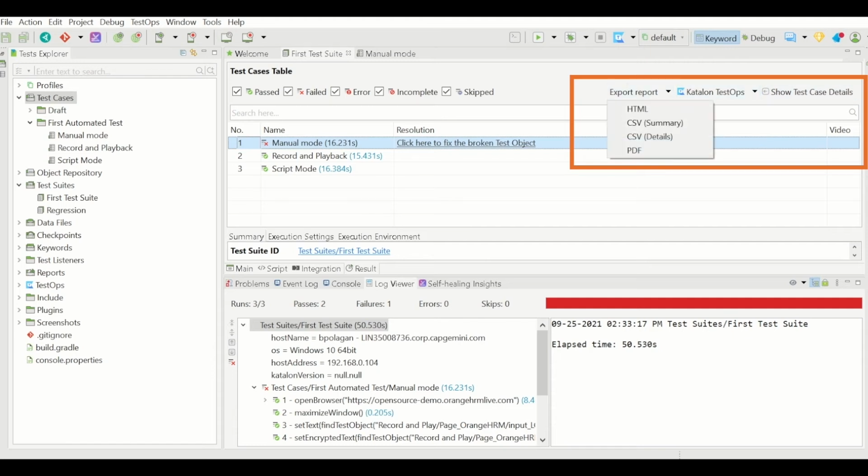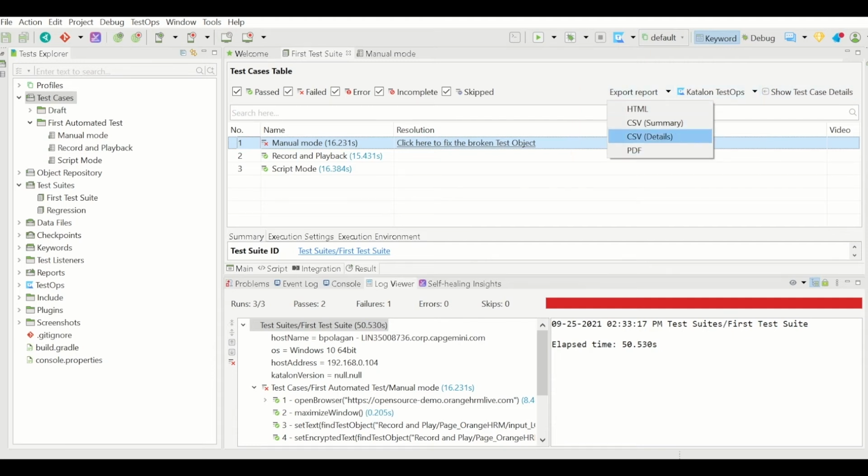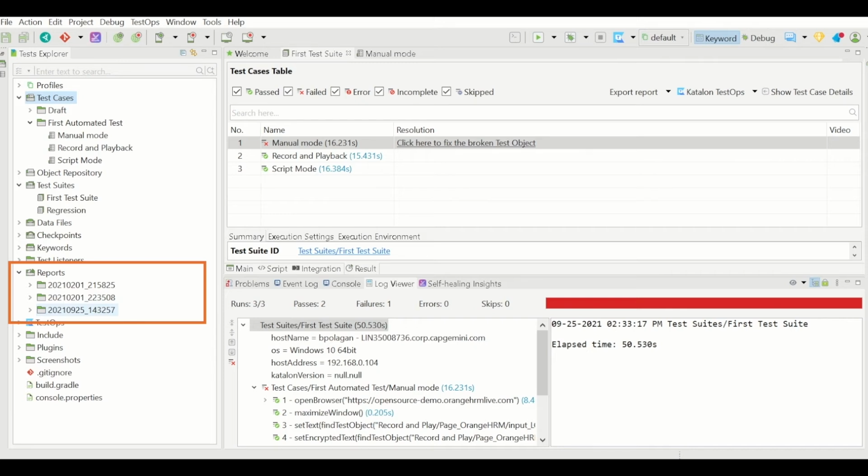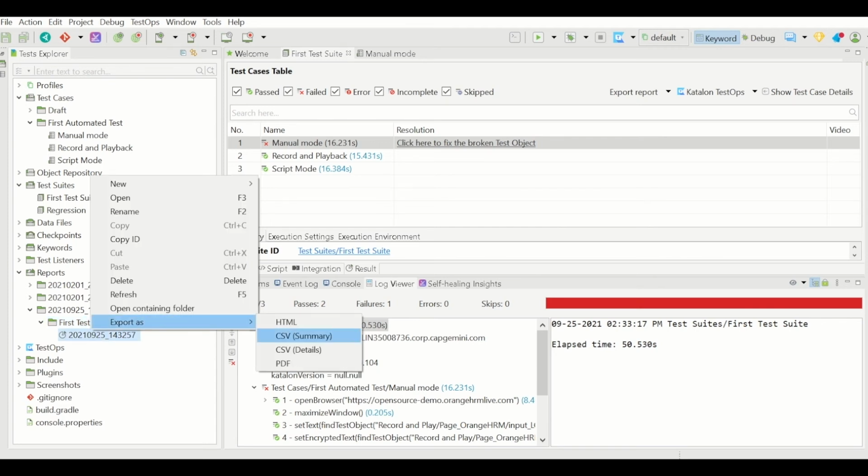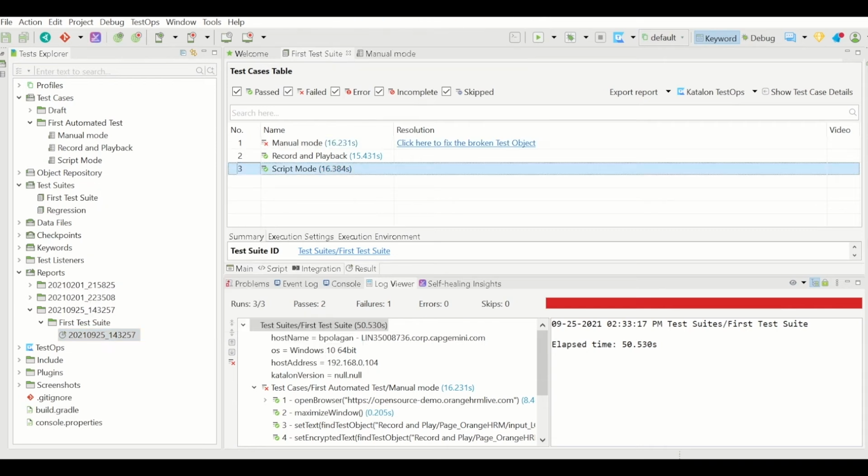You can export the report into HTML, CSV, or PDF. That is something we are going to see. You can upload these results into the desktops. We'll see all these sessions later in detail, but let me just show you these reports. This is the place where you can see the reports, and there is this reports folder as well. Here you see on today's date, there is a report created for the first test suite, and this is the report. Even here you can export as HTML, CSV, PDF, etc. So these are the places where you can see your reports and execution results.